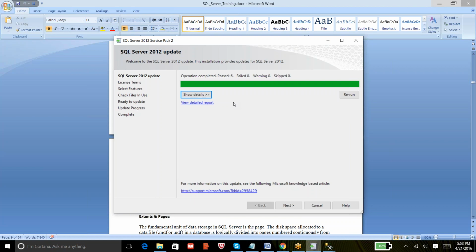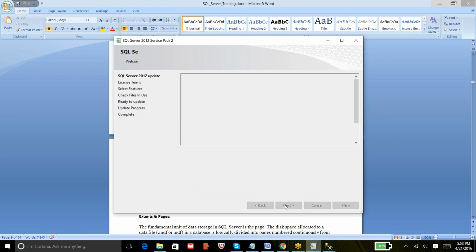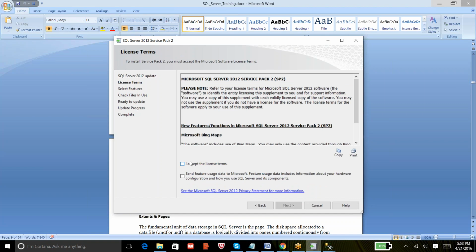Yesterday we had to hold it because it was giving me an error saying that you have to restart your machine. So I have done it quickly before we started today's class. You can see the restart computer check is also passed. Once you can see everything is passed, you can go on to next, and then you need to accept the license terms.